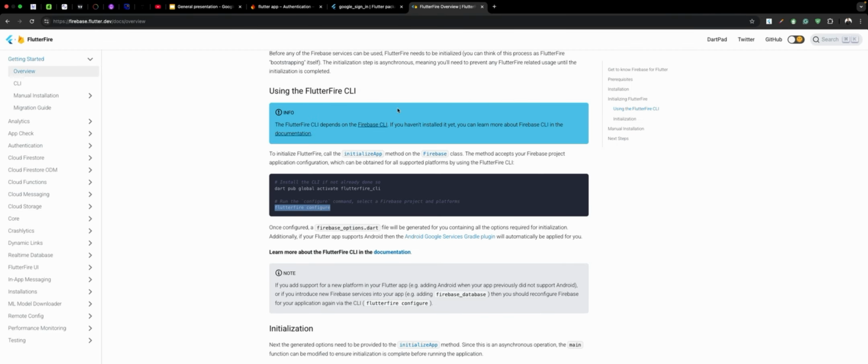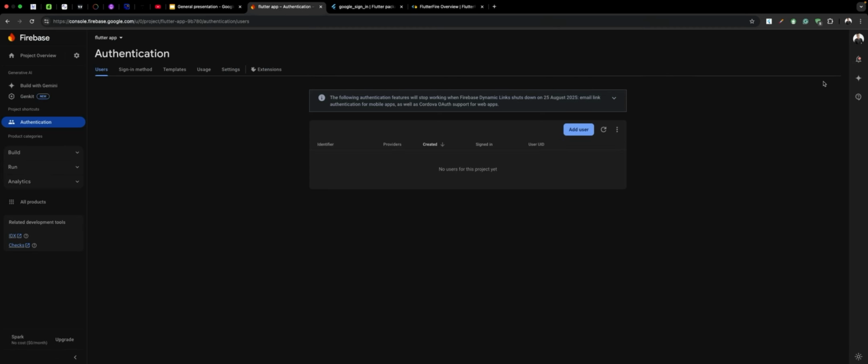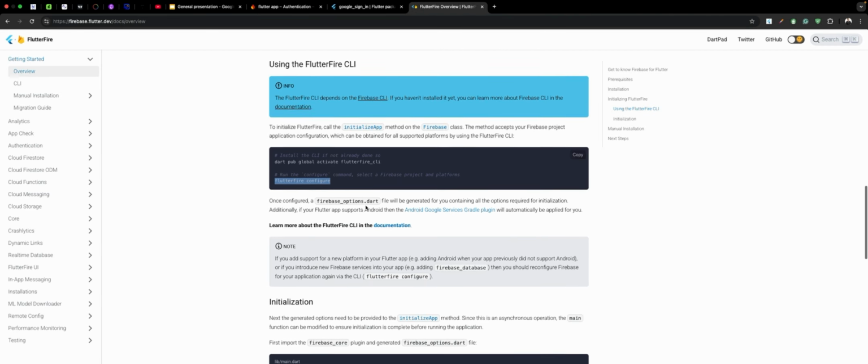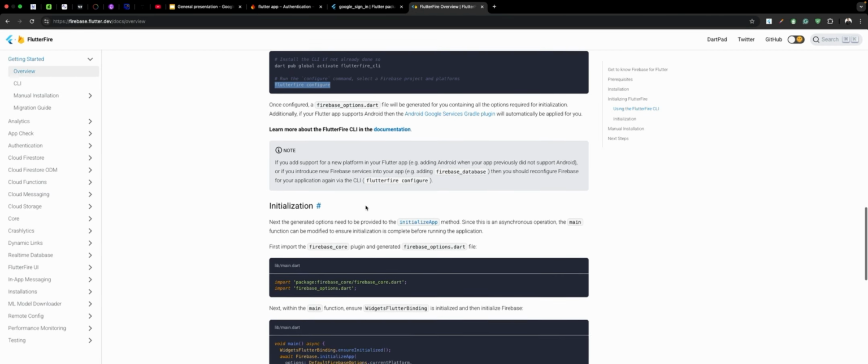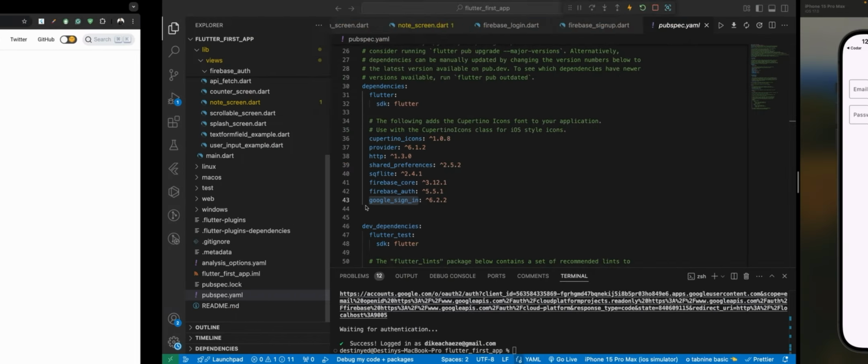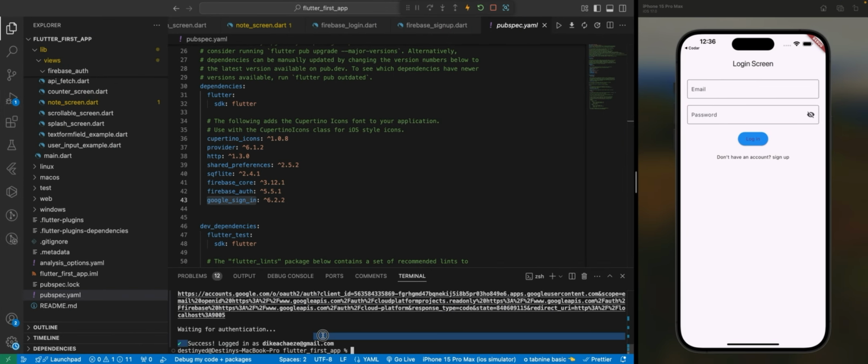You can immediately close this window, so we don't need it anymore. And make sure the account you are signing into matches the account you used to create the Firebase project. All right, so that is it for that part. If you go back to your project now, you see that it says success, logged in as this. All right, so the next thing you want to do is just to run